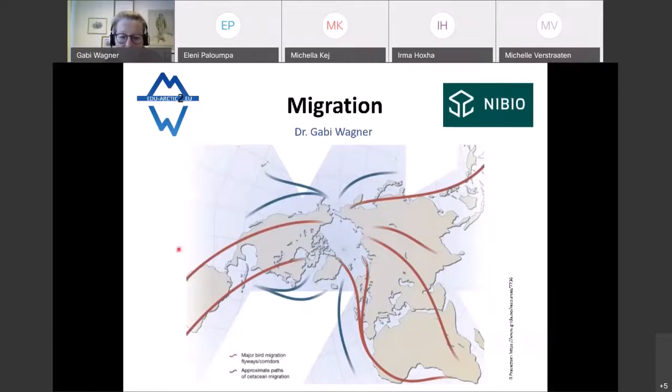In red, you see the major bird migration routes, so via the air, so those can go the longest way, and then the slightly but still impressive shorter migration routes of cetaceans, so whales and pinnipeds. But of course, there are also terrestrial migrations on land, and those are by nature somewhat shorter, but still very impressive. And we will try to understand today why animals spend so much energy and effort going to one of the most inhospitable places on the earth, and that is the Arctic.